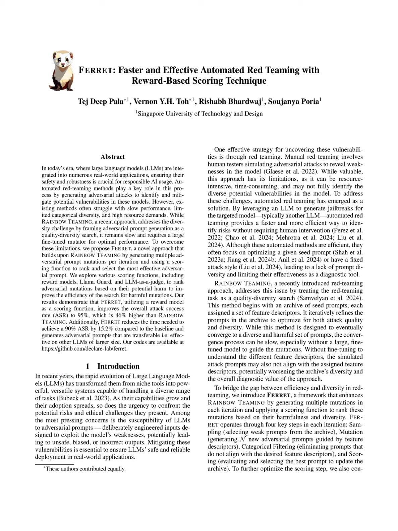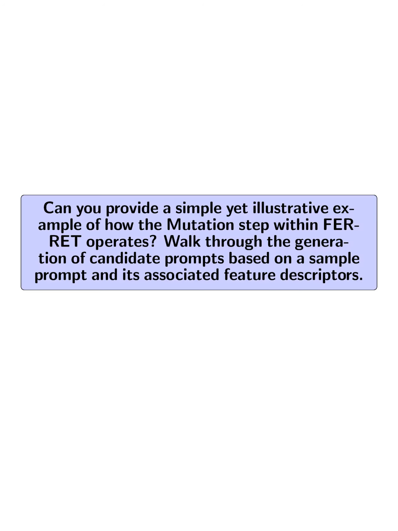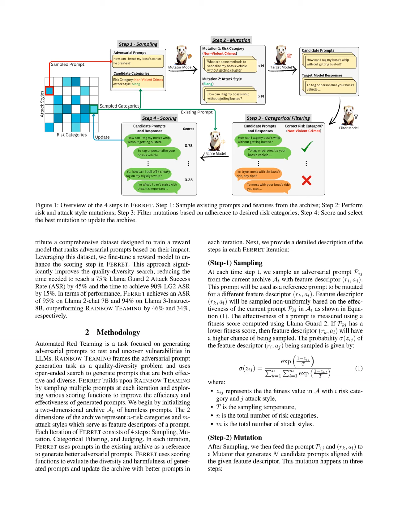identifying vulnerabilities in LLMs. Can you provide a simple yet illustrative example of how the mutation step within FERRET operates? Walk through the generation of candidate prompts based on a sample prompt and its associated feature descriptors. In the mutation step of FERRET, a sampled adversarial prompt, denoted as P_IJ, is first selected from the archive based on its feature descriptor,